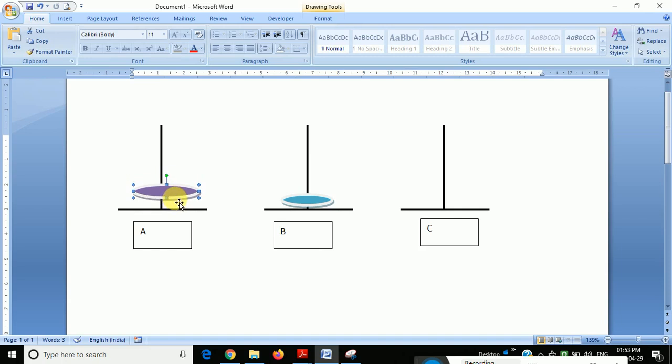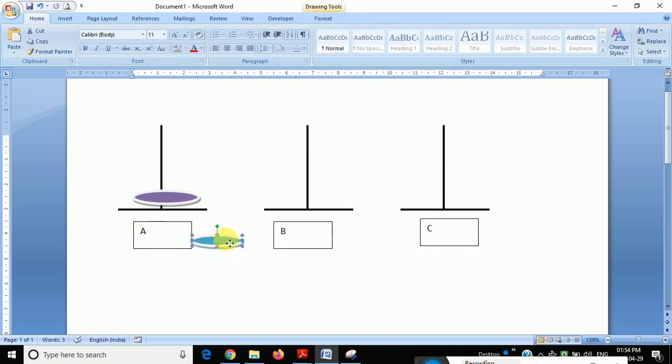Second is what? No larger disc must be above the smaller disc. It must not be like this. This is another rule. It can be like this: bigger must be below and smaller must be up, but not like this, where bigger is above and smaller is down. In any of the rods it must not be like that. That is another rule. I hope you understood.